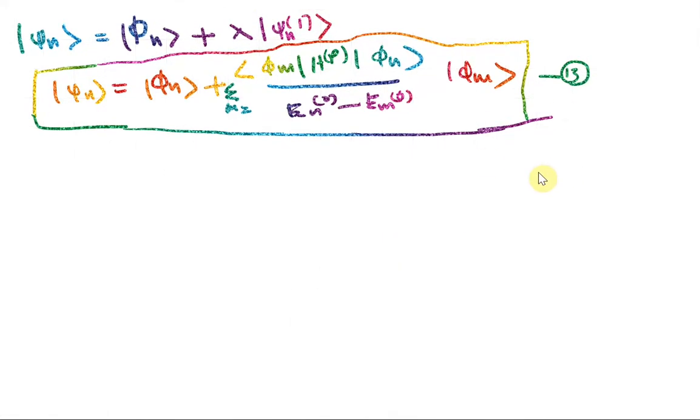As I mentioned in the last class, we will not be going to the second order correction in the wave function. We will be going up to the second order correction in the energy, and you will come to know that to calculate the second order correction in energy, you need to have the first order correction in the wave function. So this formula is a required thing for us to calculate the second order correction in the energy. So today, second order correction